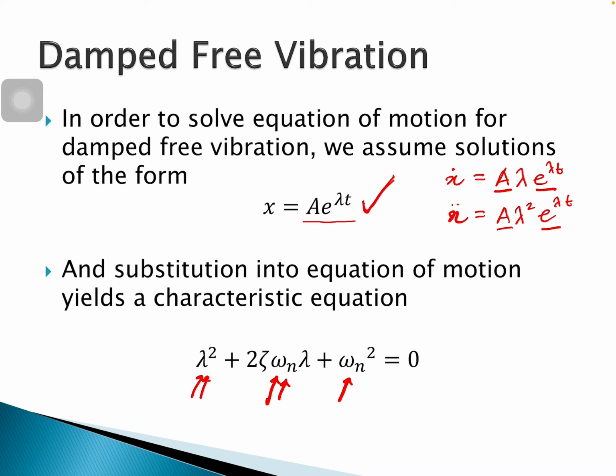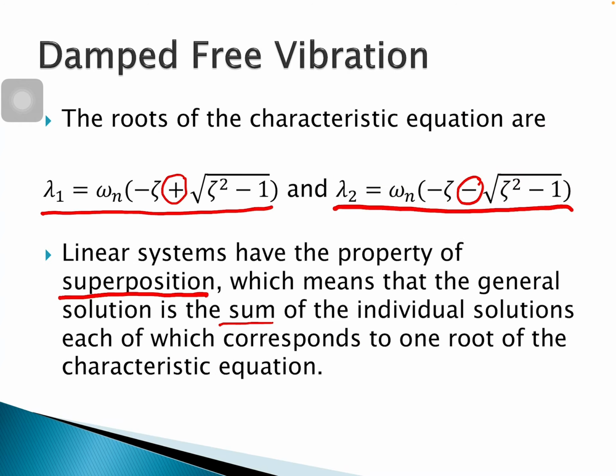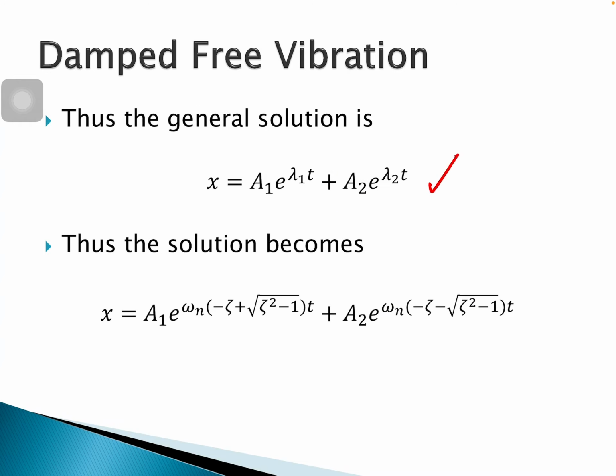So we put the roots we get, which are lambda 1 and lambda 2, into the lambda over there, and then we add both of them. So this is the outcome,